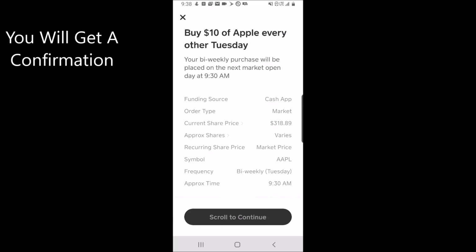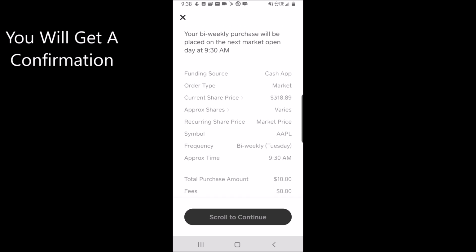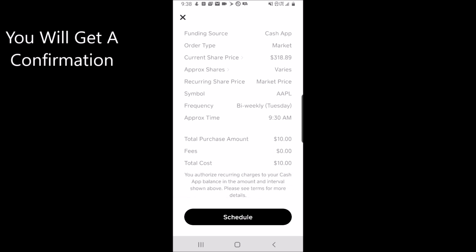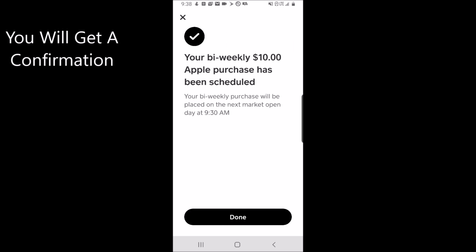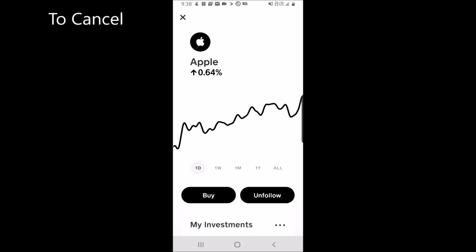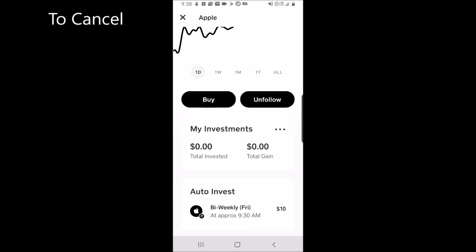You'll be asked to verify with a PIN or fingerprint. Then, after you enter this, you'll get a confirmation. Please note that all purchases take place on the next market open day at 9:30 a.m. If everything looks correct, click Schedule. And then you'll get another confirmation. Then click Done. Now, if you want to cancel your auto invest stock purchase, you'll scroll down on the stock